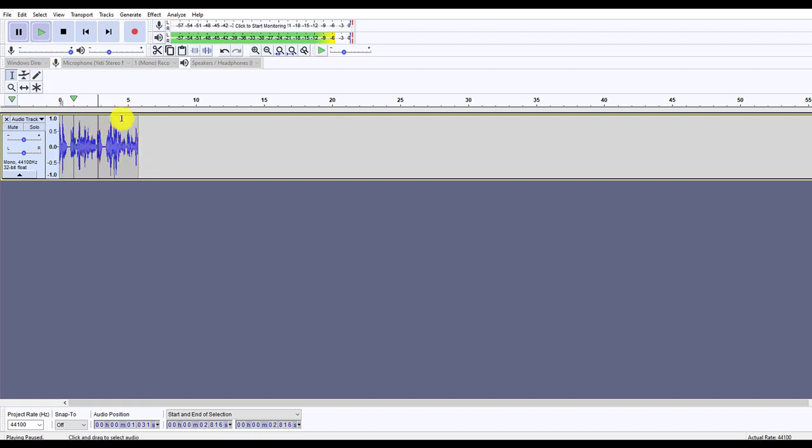Now if I wanted to make this track louder or change which channel it's coming from predominantly, if it was a stereo track, I could use this top bar to change the gain and then use this bottom bar to change the channel distribution. And if I wanted to record more audio, I can just click at the end of